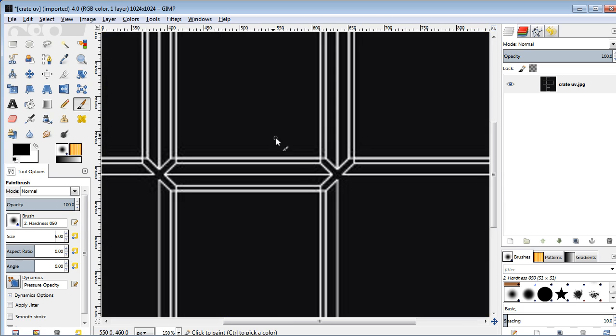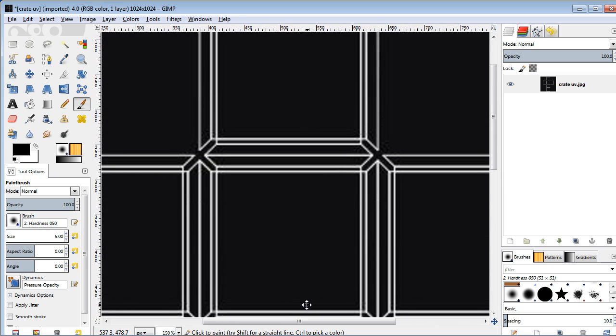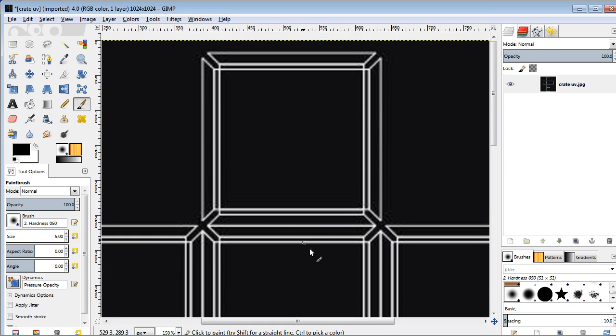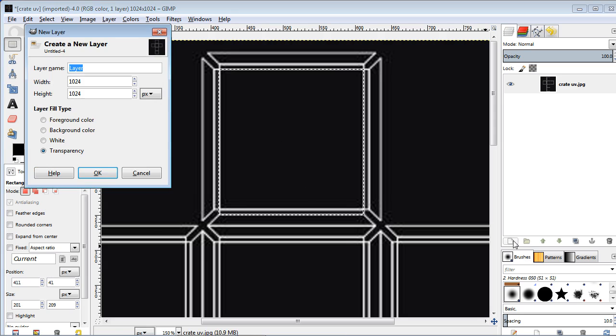Okay, the first thing we need to do is start right here at the top on our UV image, and I'm going to go to rectangle select, and I'm going to select this innermost rectangle here. So I'm just going to click right here and select that, and that looks pretty good. So I'm going to create a new layer,